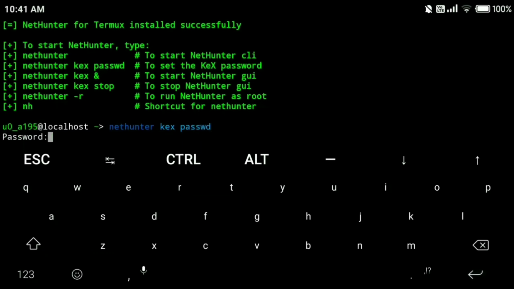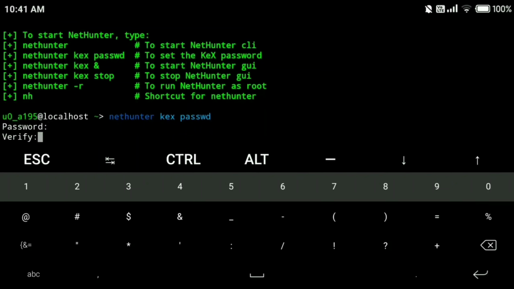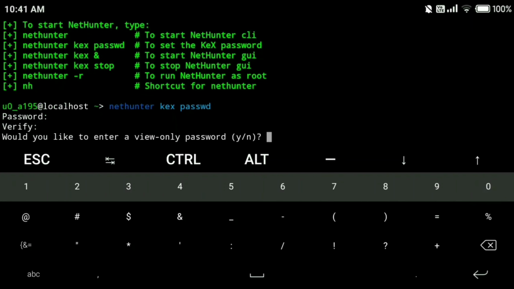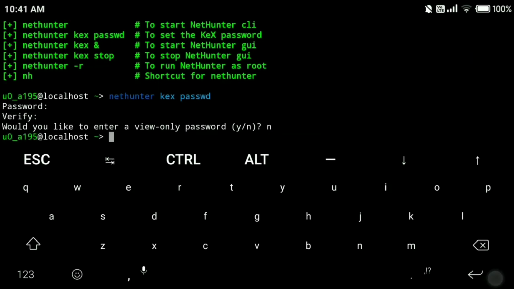Just copy, paste here and enter, and set your password of at least 6 characters, not less than that. Enter, verify, retype your password. You will not see it in the terminal, but you need to remember it. Enter. Now press N for no, N and enter, and your password is set successfully.